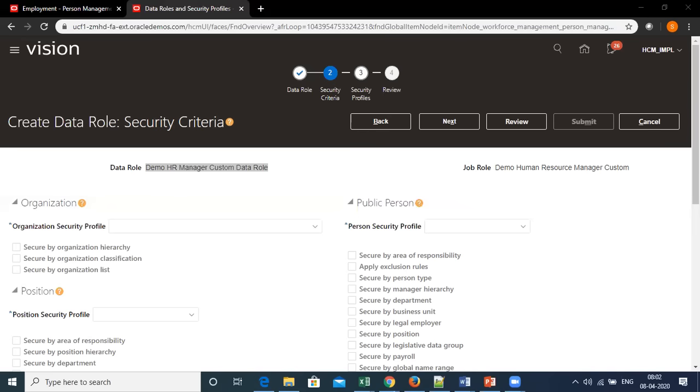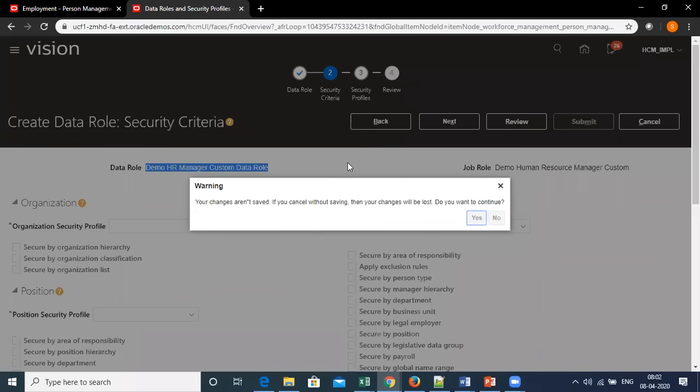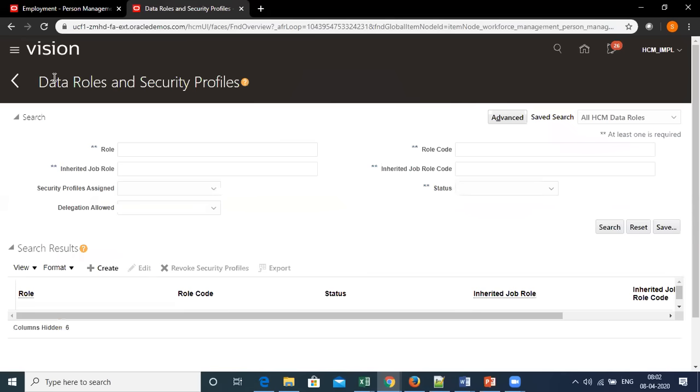Okay. So on the primary level, this does not have any specific role to create any kind of profile. Basically, a human resource manager will have the access to create certain profiles.